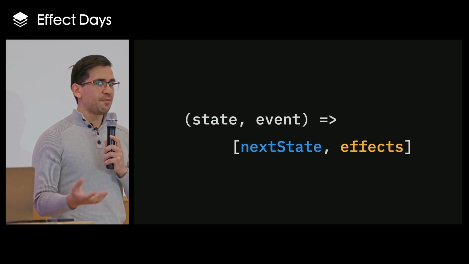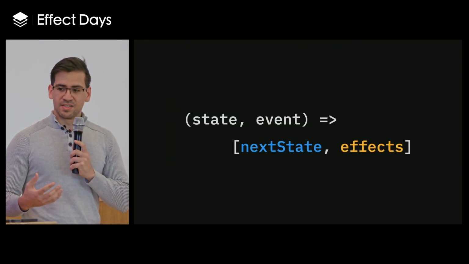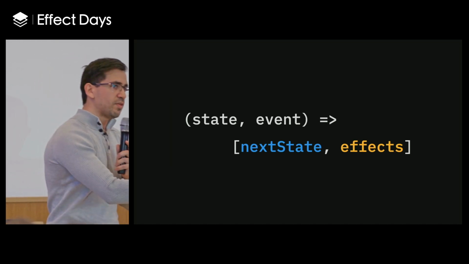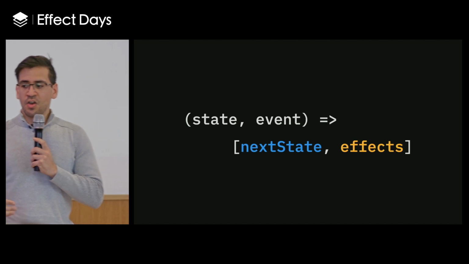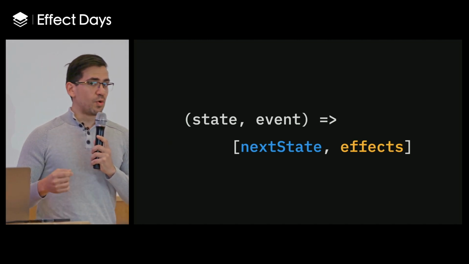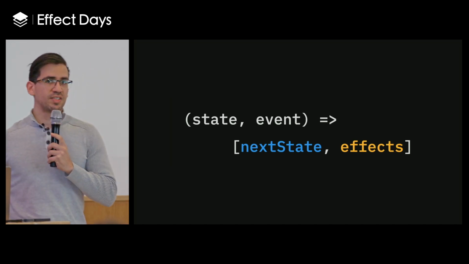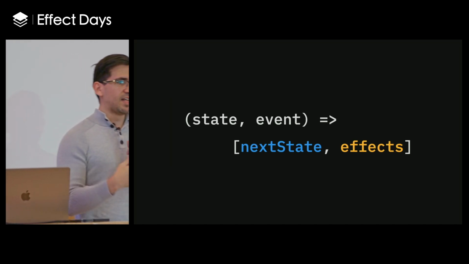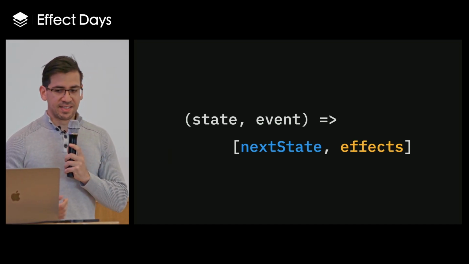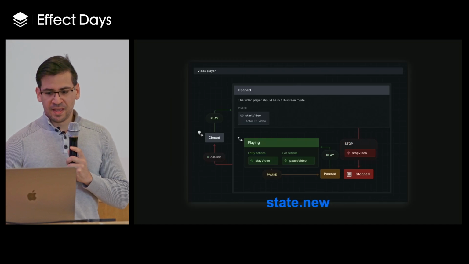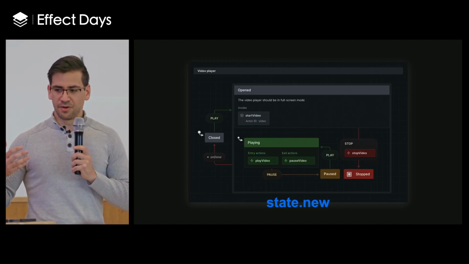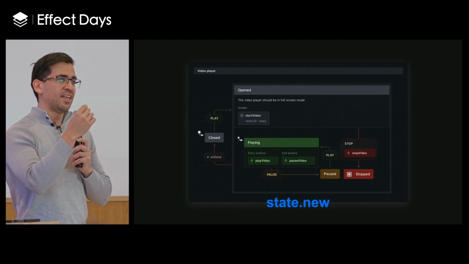And so the entire philosophy behind XState is really the representation of this actor logic as: given the current state and the event that you received, you're going to produce a next state, but you're also going to execute effects. And this is a huge thing that is actually missing in a lot of state management libraries: how do we declaratively represent effects?